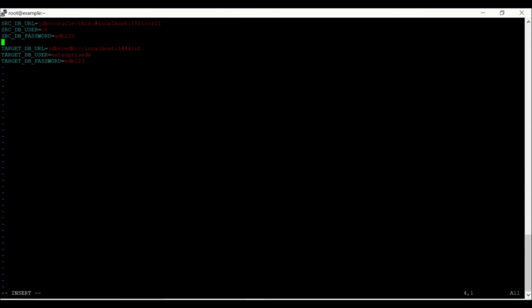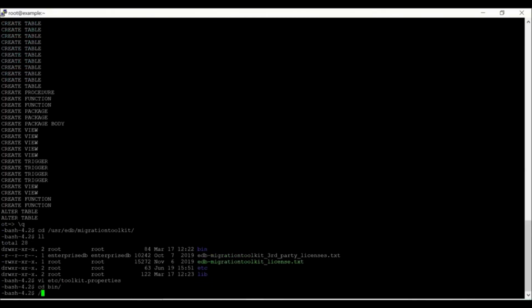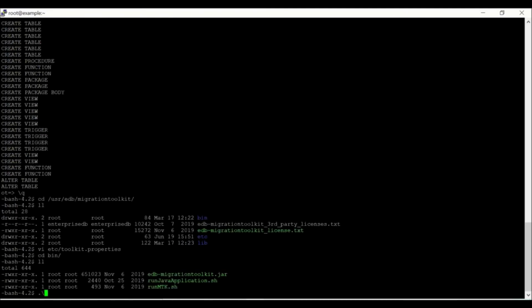All done. Once you enter all the correct information, you can save it. Then move to the bin location. Over there you can execute run.mtk -dataOnly -truncLoad and the schema name.